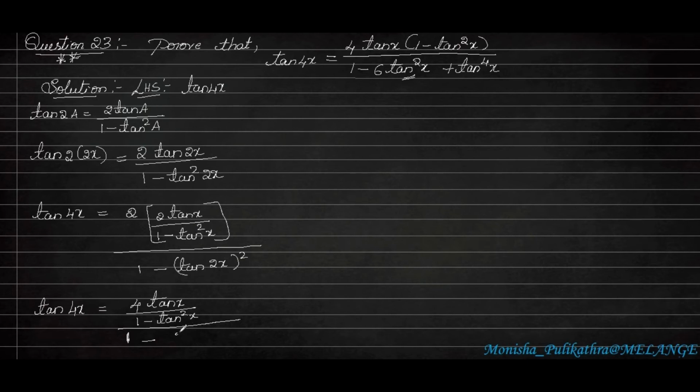Okay, so it will become 2 tan x divided by 1 minus tan square x square here. Okay, so next step is tan 4x is equal to 4 tan x divided by 1 minus tan square x, so whole divided by,